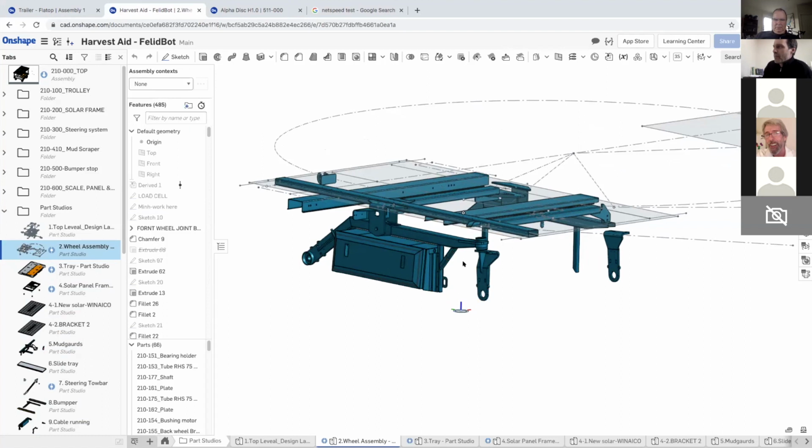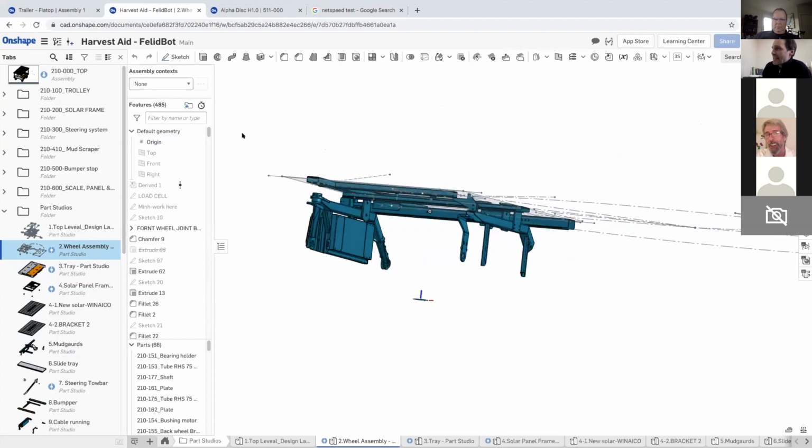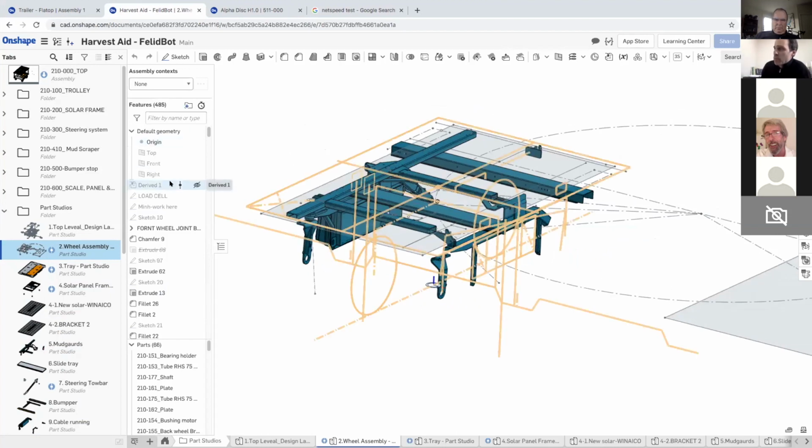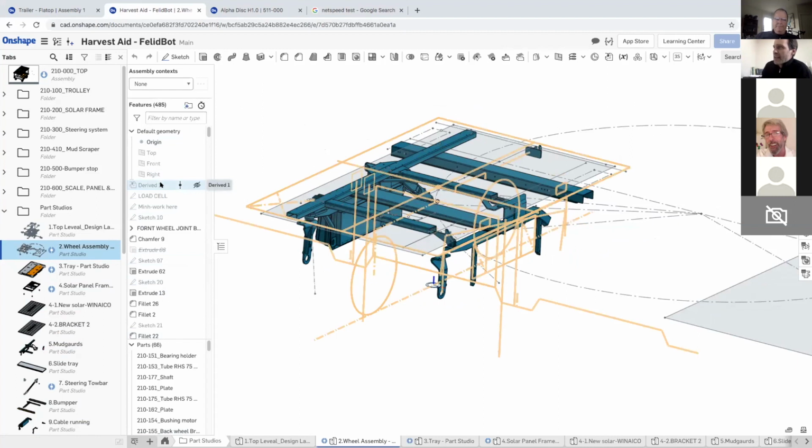But it's got 400 features, and I try to keep the part studios under 200 features if I can. Basically, the first one, I always try and keep the derives to the top. If you add extra derives, and it's coming from the same part studio, you can actually edit the derive and then add more sketches in